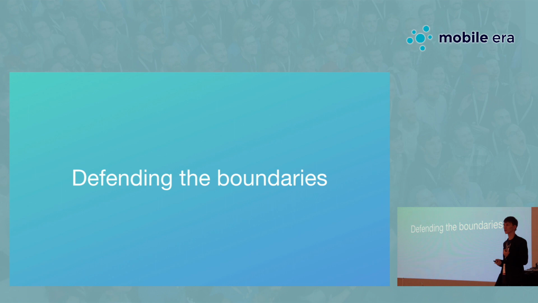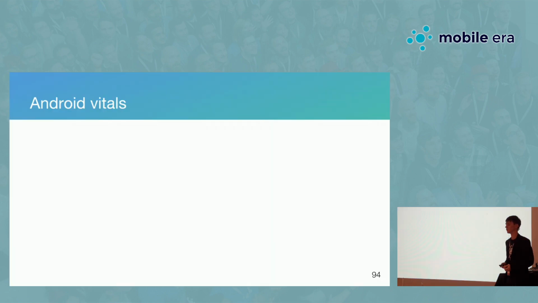And after we've created everything and understood how bad and how good it works, we want to understand how it works on your users' devices. What can we do? We have a tool called Android Vitals that's already working for you, even if you don't know it, if you use Google Play services, and you can find all the data already in your dashboard. By the way, please raise your hand if you use Android Vitals. Like 30 or 40%.